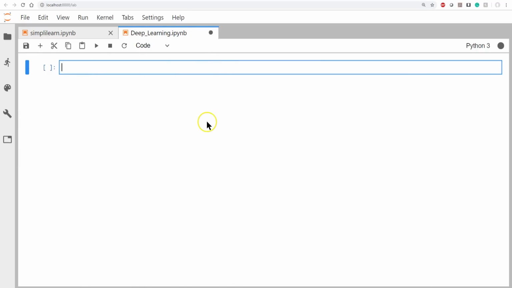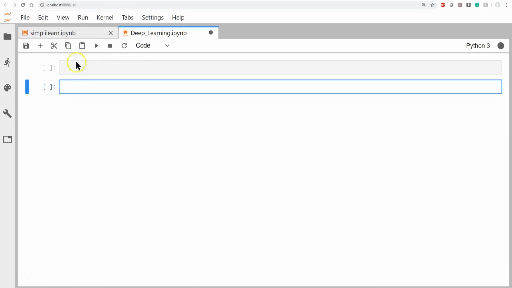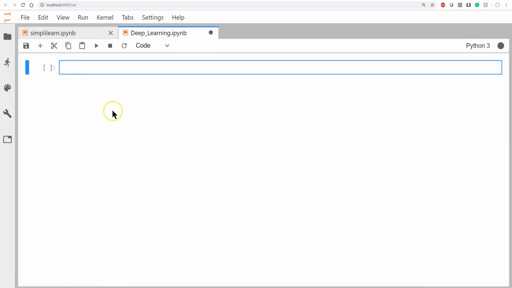If you're not familiar, we have some tutorials out on the use of Jupyter Notebook and how to run it and set it up. The most basic thing is we put our code in here. It has a nice display and a nice interface, especially for data science. I can display all kinds of things on this page and then just run it. There's no code in it yet, so it's not going to show anything until I put some code in there. And of course you can cut your cells and things like that.